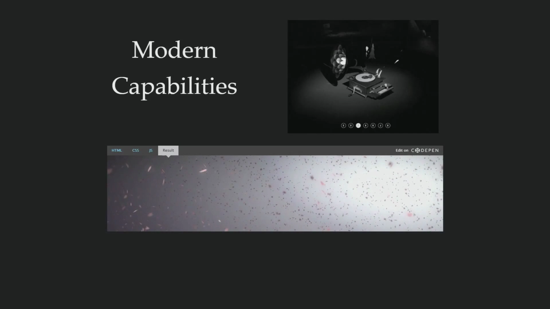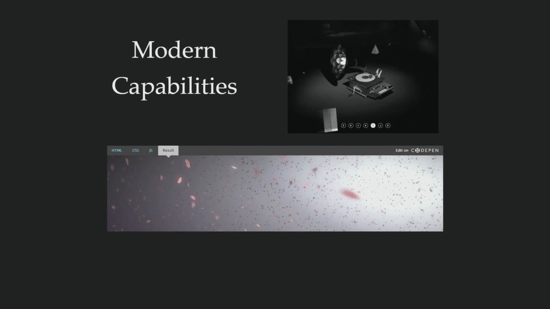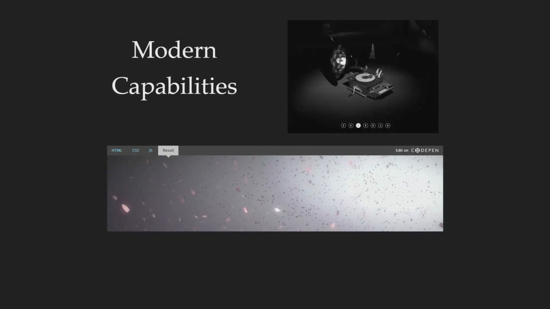So the modern web, like we've been talking about through this whole conference, is just getting better and better, and we're not really restricted to what it can do anymore. We're restricted by the thought behind it and by our ideas more than we are the medium itself.